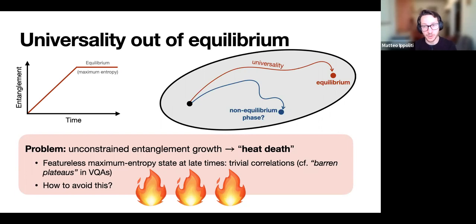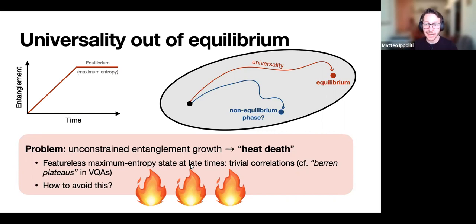And this is closely related to the problem of barren plateaus in variational quantum algorithms, where a similar thing happens, where your parametrized quantum circuit can explore a fraction of the Hilbert space that basically amounts to equilibrium, thermalized states where all the expectation values become extremely small, and basically this inhibits your ability to compute gradients and carry through these algorithms. So here we have essentially the same phenomenon, but we view it from the perspective of stabilizing interesting correlations in our late-time states in the language of condensed matter physics.